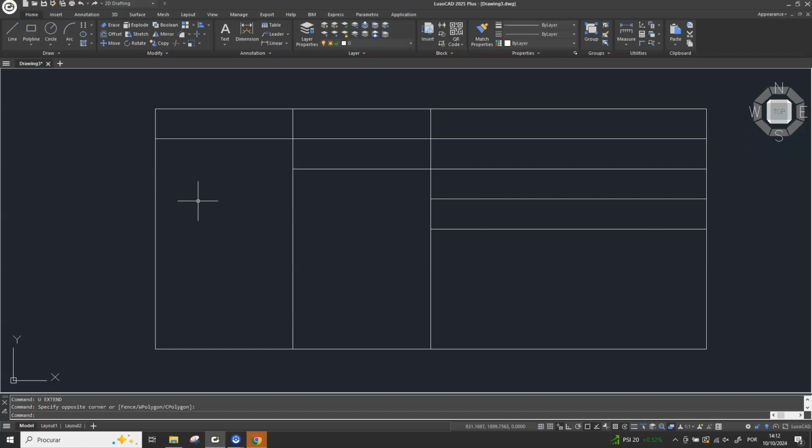In this video, we will explain the extend command, a very useful command for continuing existing lines through their trajectory until encountering another object. In this project, we have a geometry consisting of a rectangle with subdivisions. Let's imagine that we want to extend the bottom two horizontal lines to the left vertical lines, completing the grid